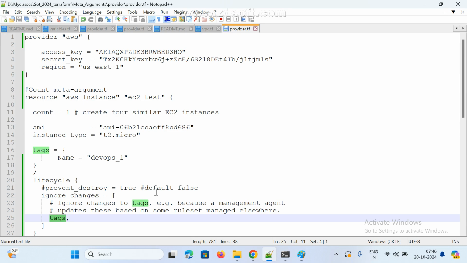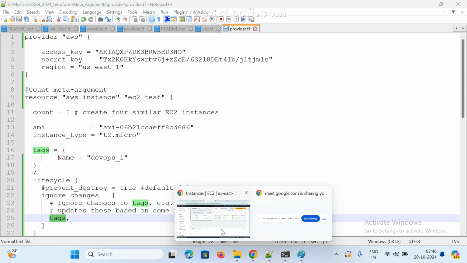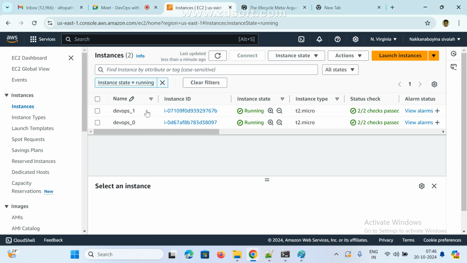One, ignore changes. Now I am going to here. I am changing something, any instance. Click on this,